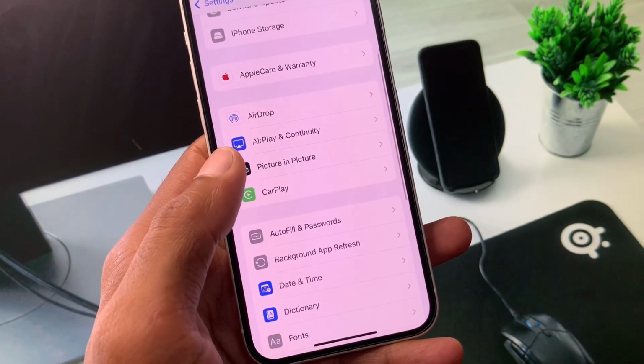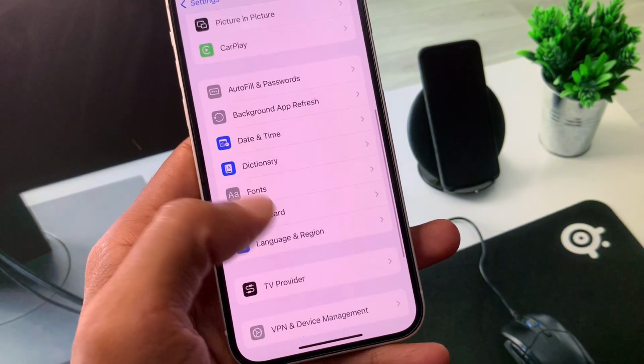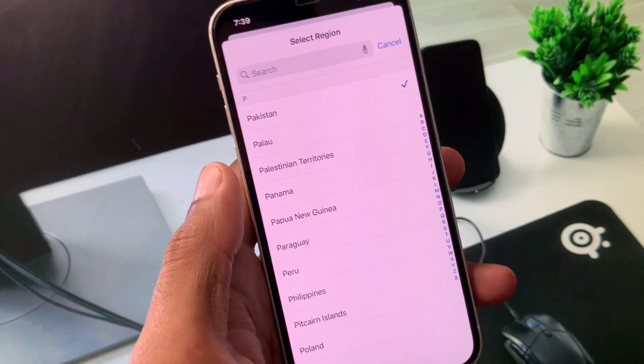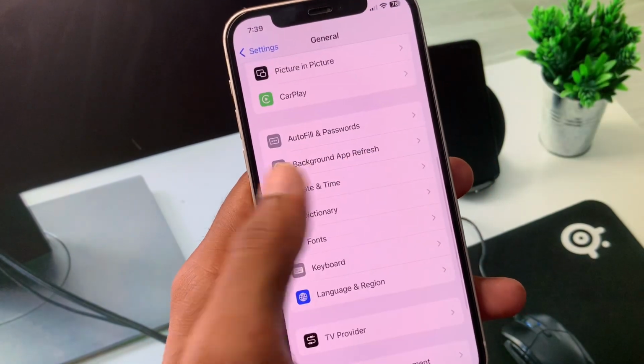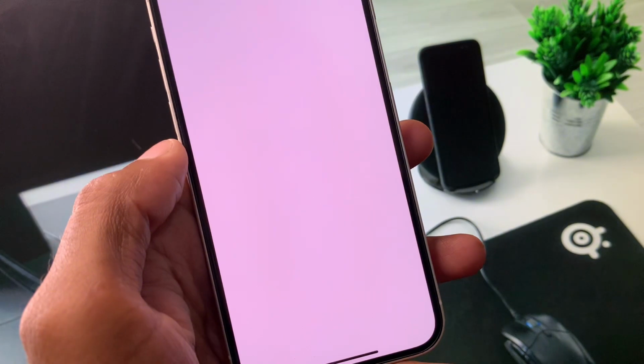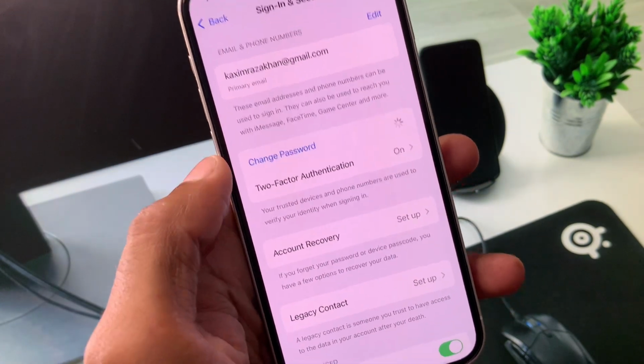And now you need to scroll down, and after this you will see the option of language and region, and from here you have to select your own region according to your country, and after this you need to go back. So now you have to open your Apple ID here, click on sign in and security. After this you will see the option of change password, click on it,